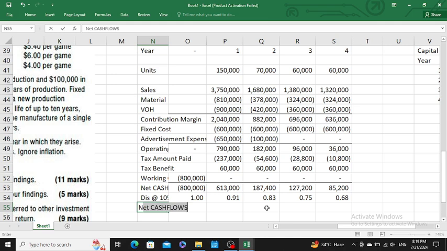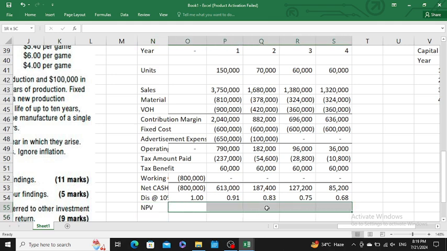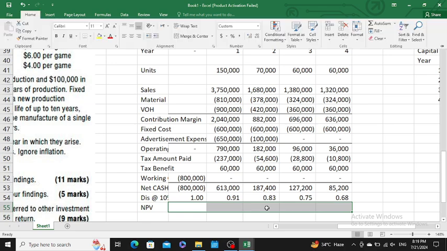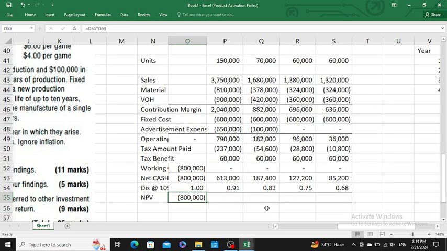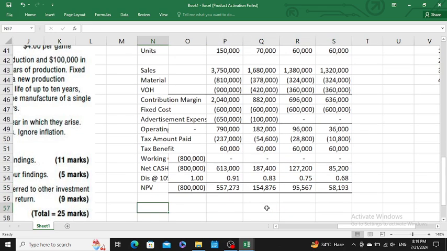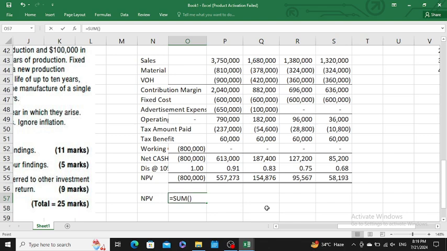Then our net present value after multiplying with this would be 8 lakh negative for the first year. Then after copying this, we place it in each of the years. It's 557,273 for the second, 154,876 for the third, 95,567 for the third, and 58,193 for the fourth. So our total net present value, after summing each of the years, is